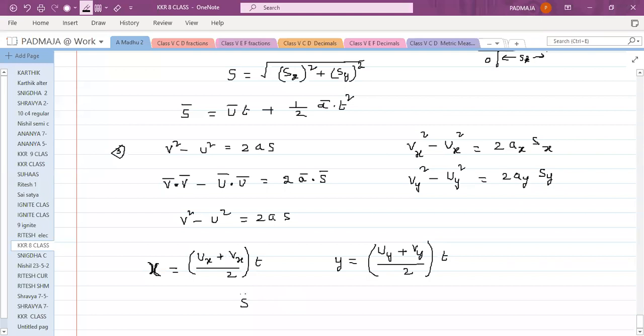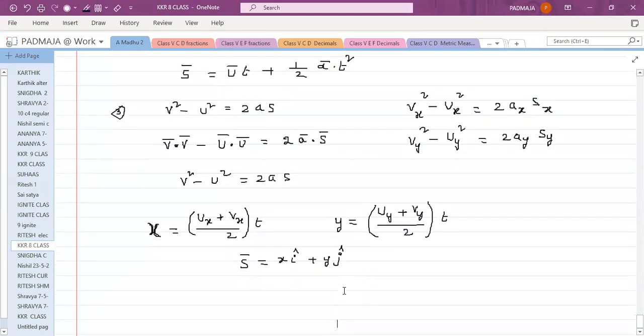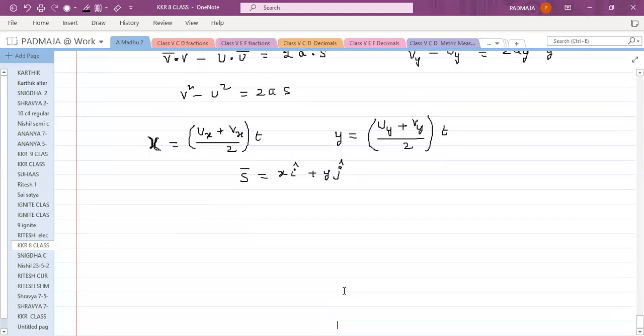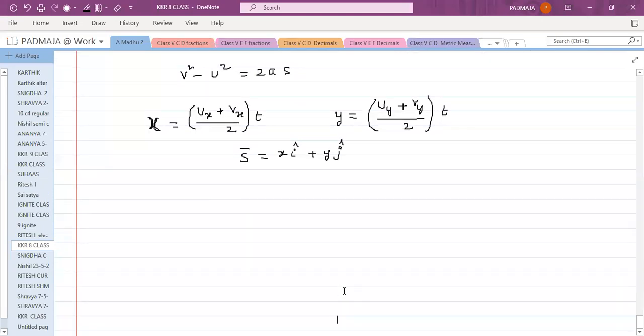Then the net displacement is given by x i cap plus y j cap. Find the value of x and y and you substitute here. Then you will get the net displacement of the particle. So this is how we resolve the vectors into components when the particle is traveling in x,